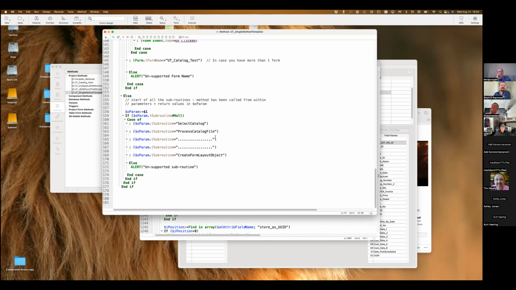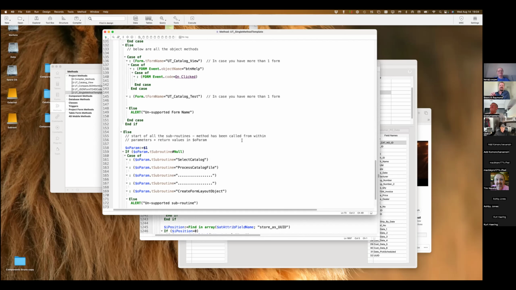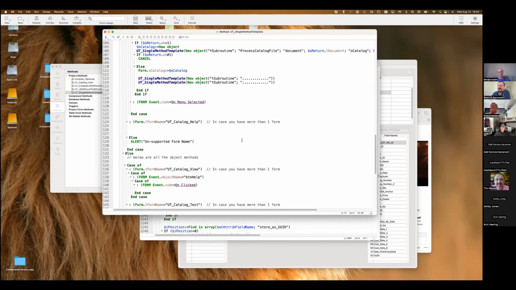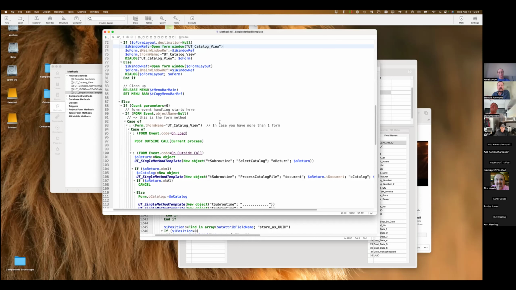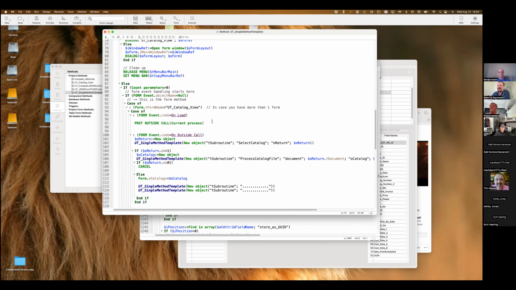Still clear for everybody? It's kind of an unusual approach to things, but so far I have not run into any issues that would make me think I cannot continue going this way. One of the reasons that I introduced that help file was not because I absolutely wanted to do a help file, because I know you guys could have figured it out, but what would I do in this approach if I have two forms that I need called within the same method? Can that still be done? And it can.